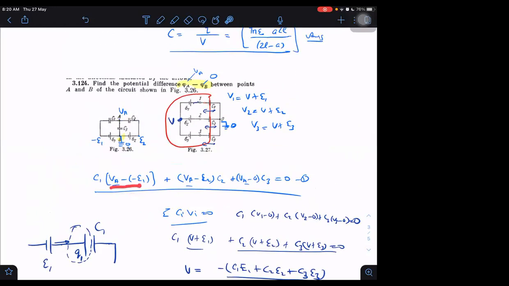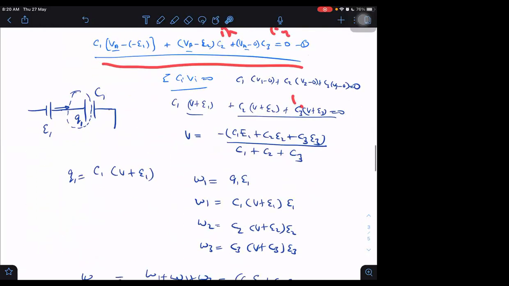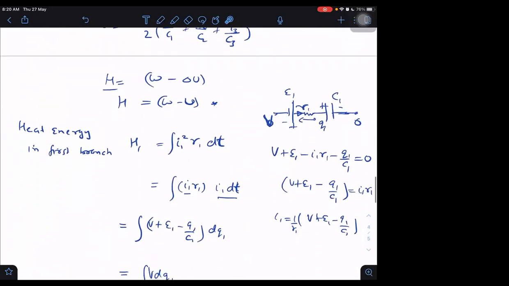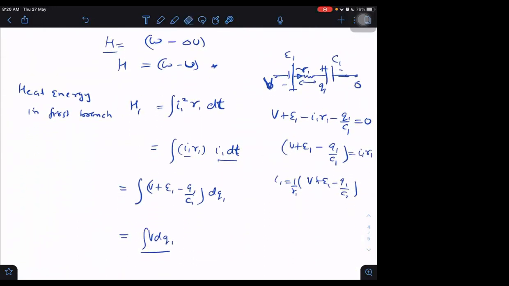It will be VA minus of minus E1 minus I1 R1. Those terms will appear. I2 R2 will appear. I3 R3 will appear. So it will be a complicated function involving I1, I2, and R3, I3 also. We are not able to determine it because this V comes out to be a complicated function of those values of I1, R1, etc. So we can't determine it. Let us leave it here itself then.